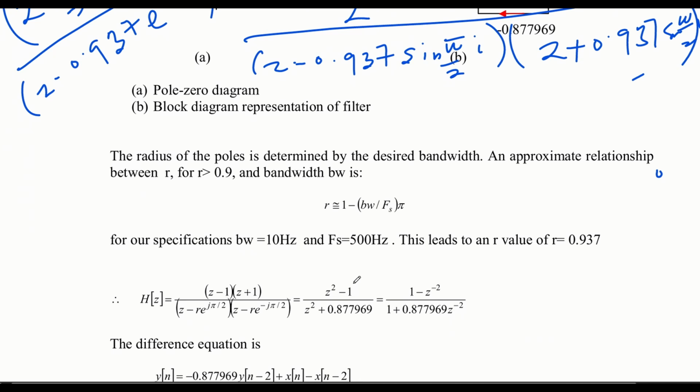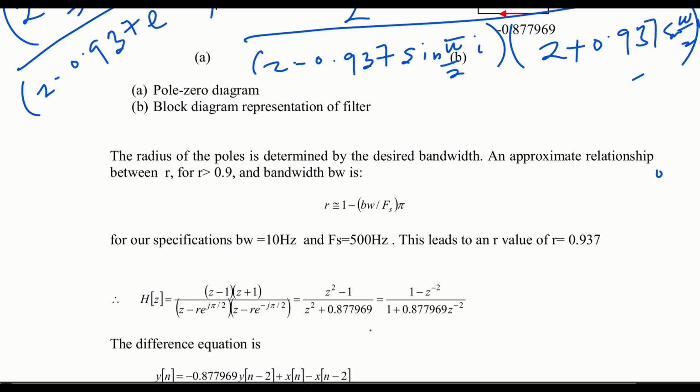The numerator you get this one. At the denominator, after you have expanded, you should get something like this. Now, once you get these two, the procedure is to express it in the standard format